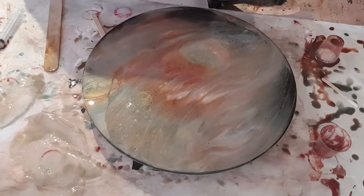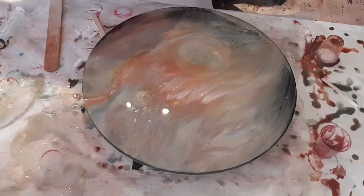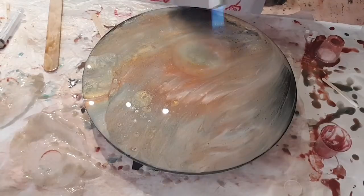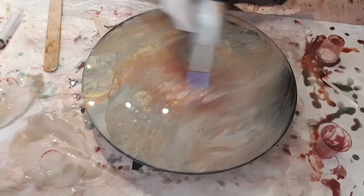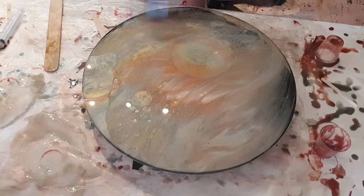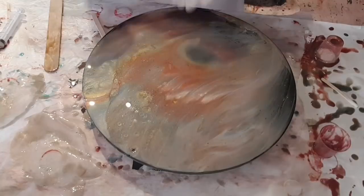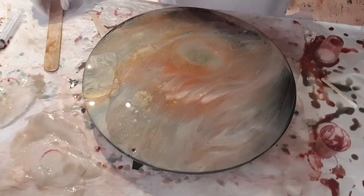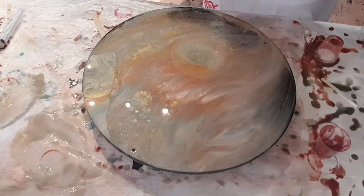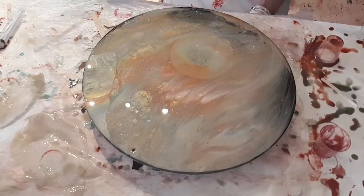Whatever's in that pearlescent powder is just creating something, but I'm not happy with that cradle that it's creating there. But it reacts with the heat and the other pigments. I'm going to try and flatten it a little bit. I'm not sure why that's doing that. I might try and pull it again. It looks cool, but it's, yeah,